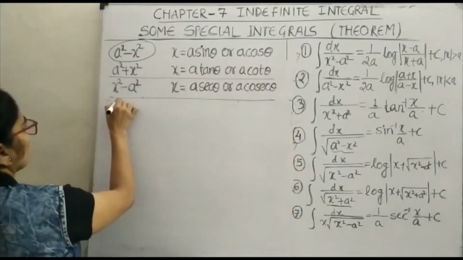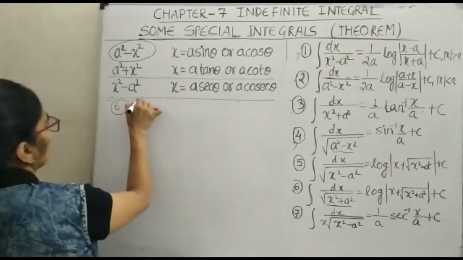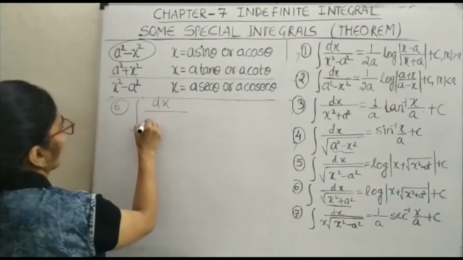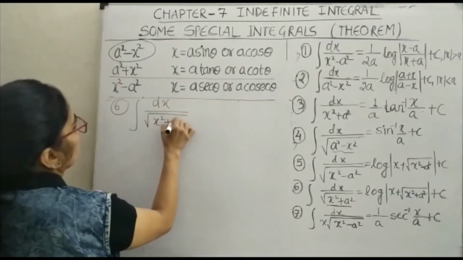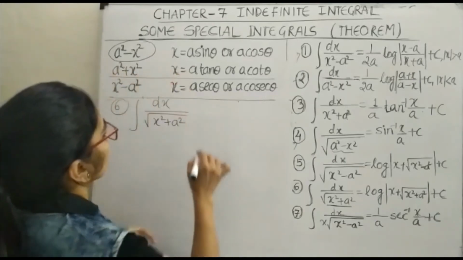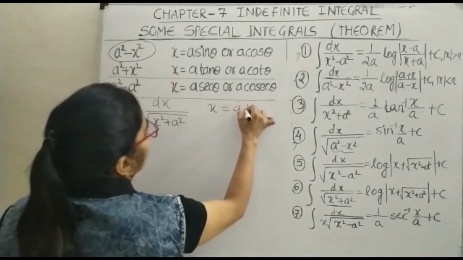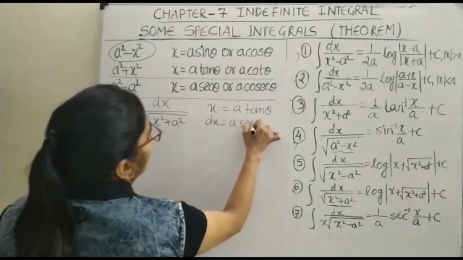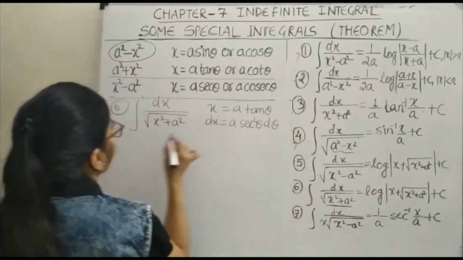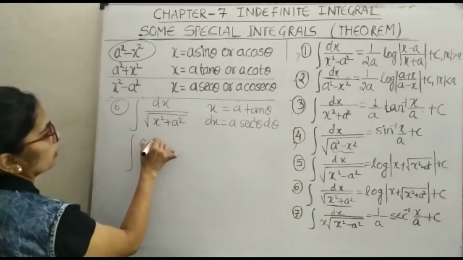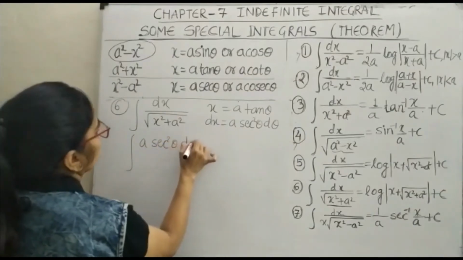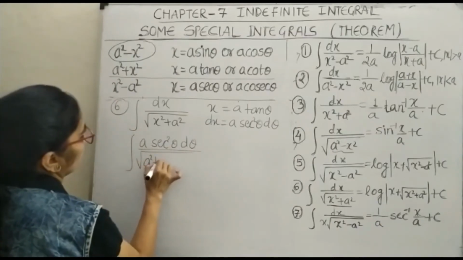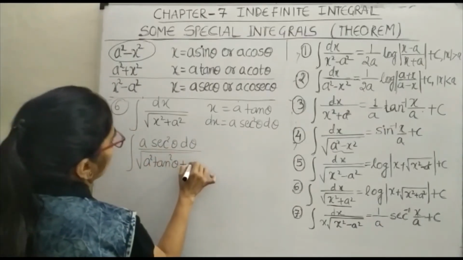Next, sixth. Here the same way we will be doing dx upon under root x square plus a square. x square plus a square में देखिए आपका होगा x is equal to a tan theta. Here dx is equal to a sec square theta d theta. So this takes the form a sec square theta d theta अपॉन अंडर रूट एक्स की जगह हम लोगों ने रख दिया a स्क्वायर tan स्क्वायर थीटा प्लस a स्क्वायर.